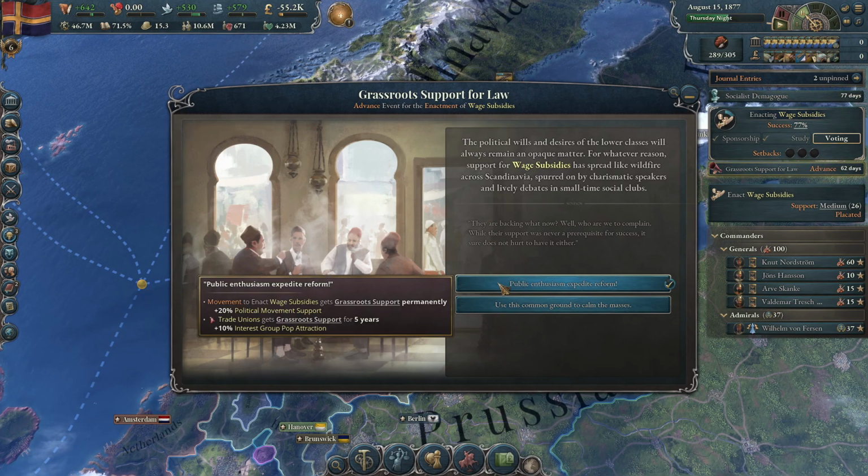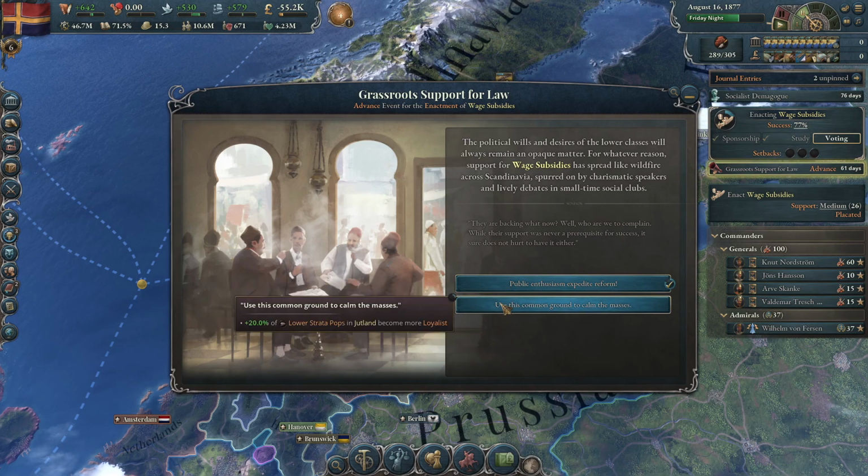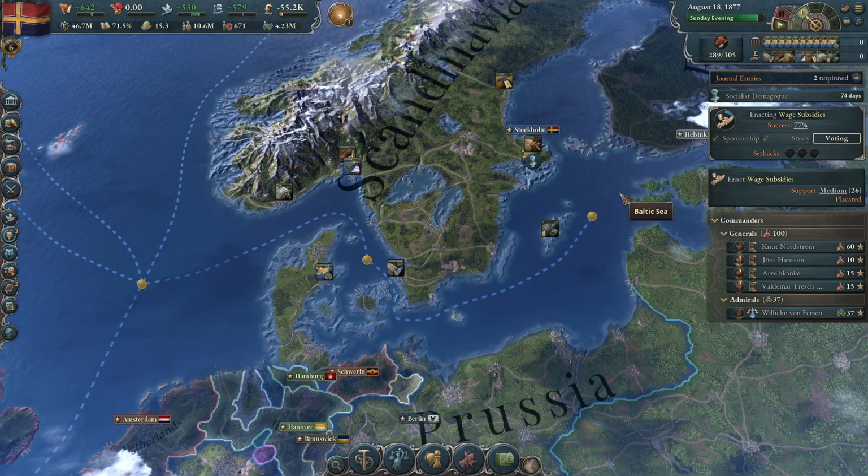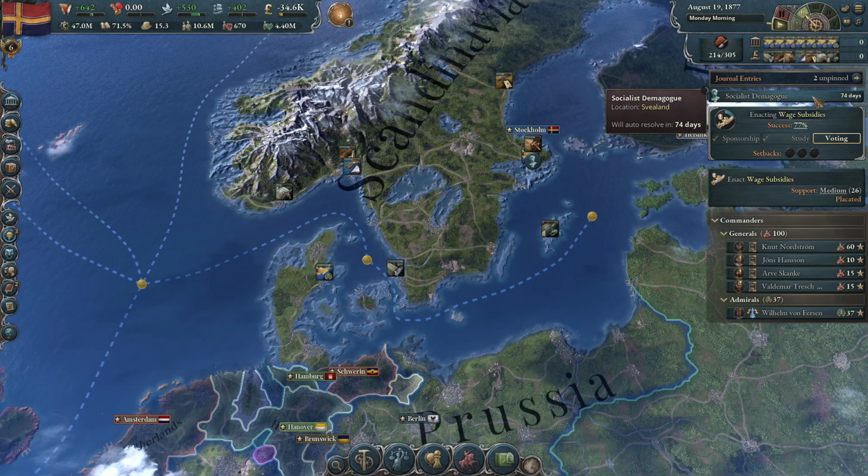Public enthusiasm expedites reforms. That's going to make the trade unions stronger. Use this common ground to calm the masses. Get a bunch of loyalists in Jutland. I think we're going to go for that one. Because again, I don't want the trade unions to get super strong right now, because they're headed up by Everard